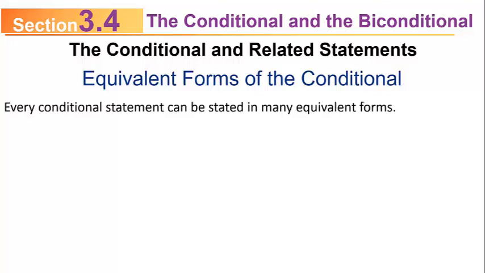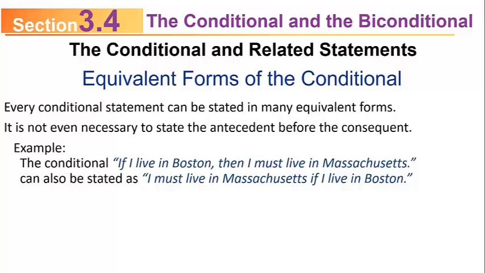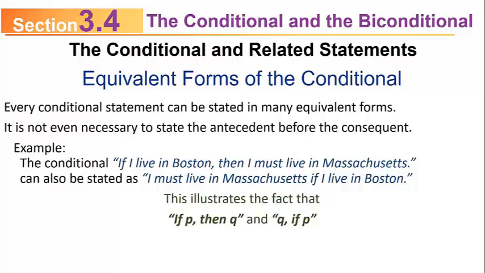Every conditional statement can be stated in many equivalent forms. It's not even necessary to state the antecedent before the consequent. In other words, the if part before the then part. For example, the conditional, if I live in Boston, then I must live in Massachusetts, can also be stated as, I must live in Massachusetts if I live in Boston. That's a perfectly equivalent way of stating that conditional. This illustrates the fact that if P, then Q, and Q if P are equivalent ways of writing the same